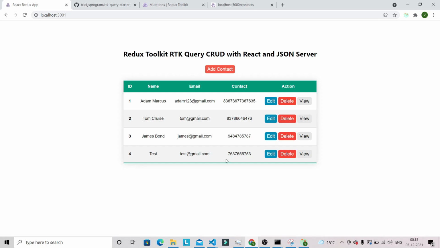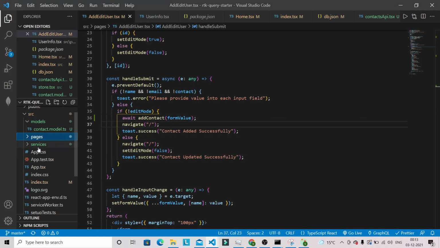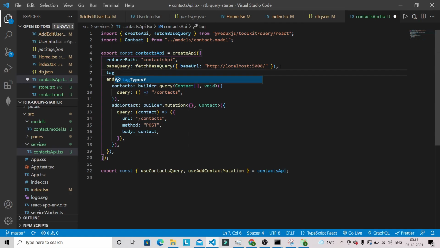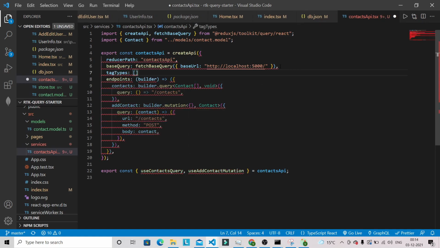Let's add that one as well. We need to go back to Visual Studio Code first, and in the service folder we have to provide tag types, and we can specify the contact here. Whenever this contact gets changed, it will do an auto refetch.